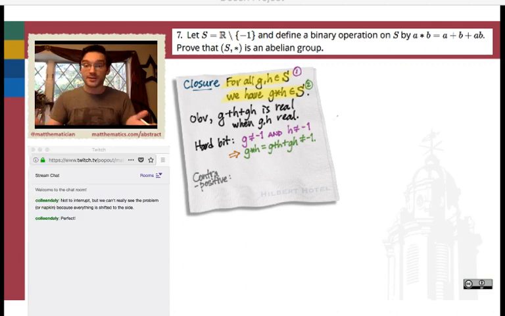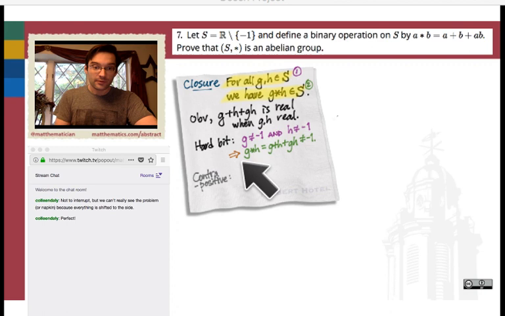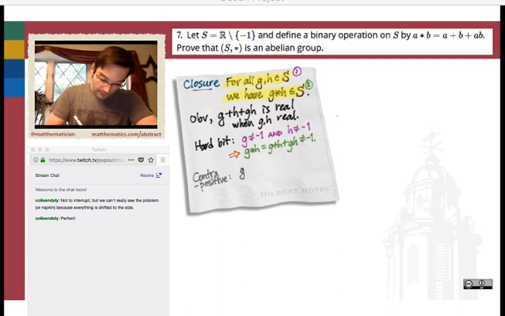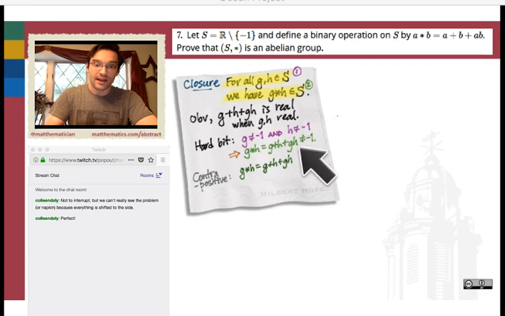So what is the contrapositive of this statement that's written down right here? Well, the contrapositive always begins with the negation of the conclusion first. So I'll write down here the negation of this statement, G star H is not equal to -1. And that negation would be, of course, the thing that happens exactly when this does not happen. And when that doesn't happen, this does. Right? So the sum plus the product has to equal -1 in the contrapositive, and we have to show that that implies